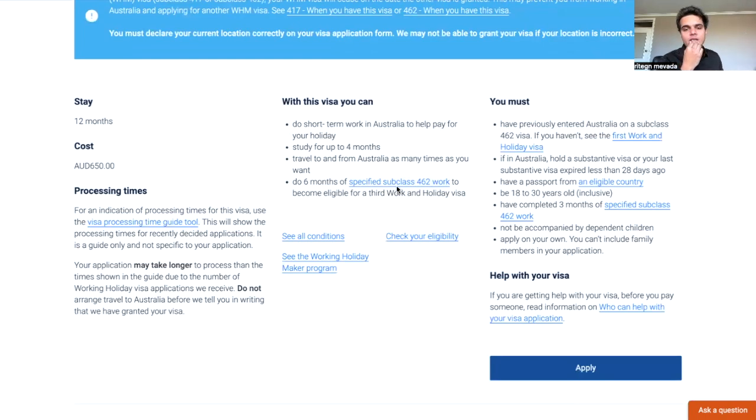Pharmacist is not in this work, but it is for someone who can't find work online. For example, if a person is living in India and can't get the 190 or 491 but wants to come to Australia as early as possible, they can apply for the 462 visa. They can come here, go to different pharmacies, have a look around, and then